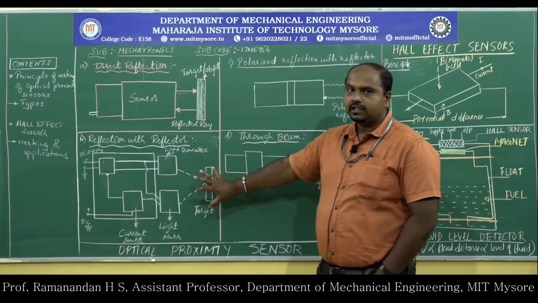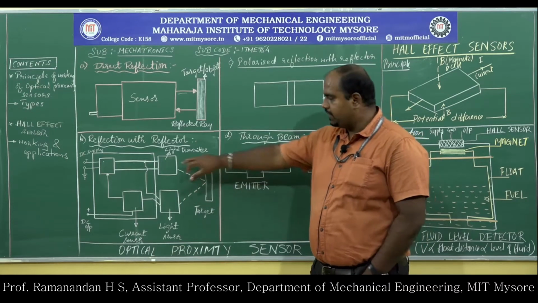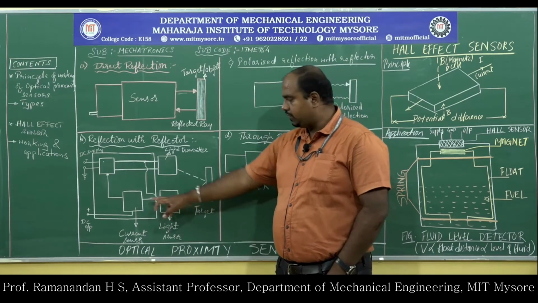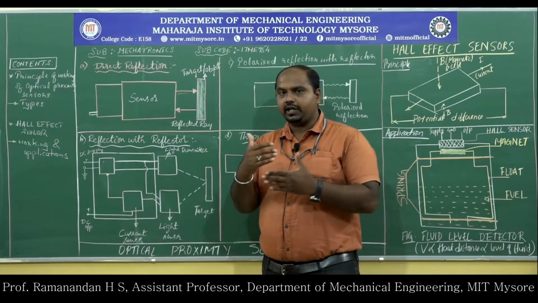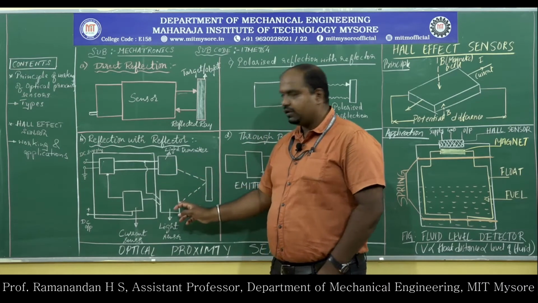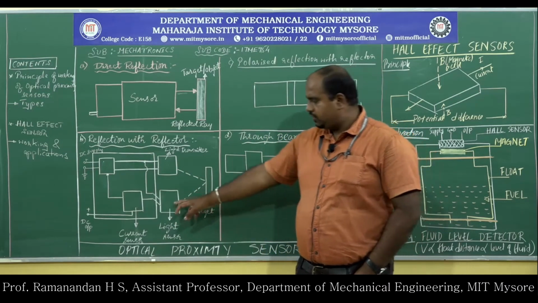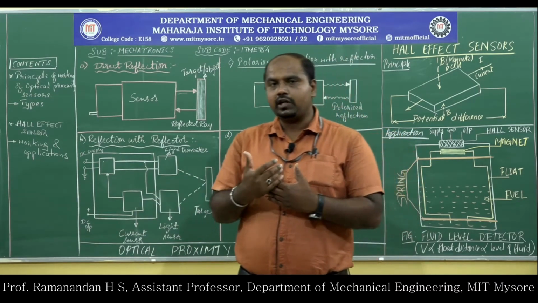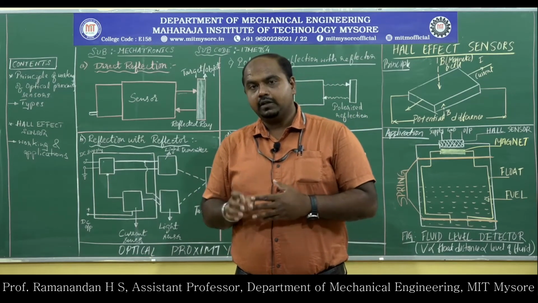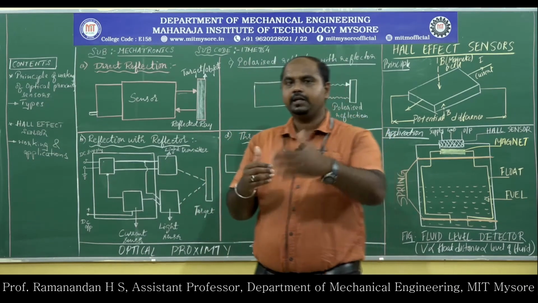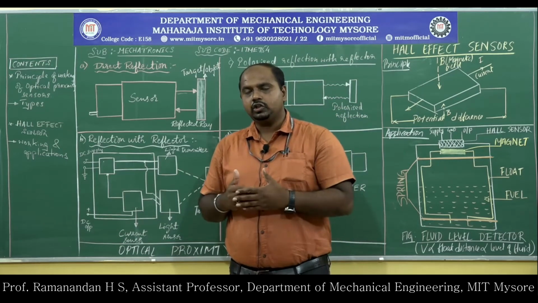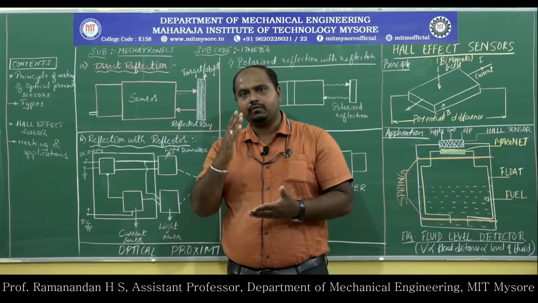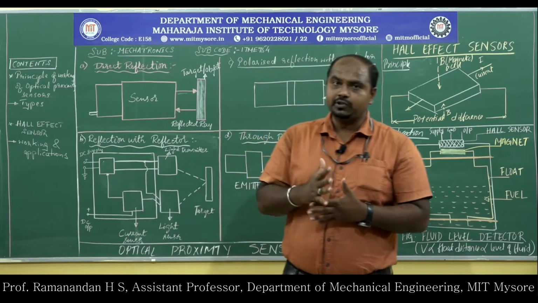If ever there is a target object in front of the incident light, the target object will reflect the light back. There will be a change in current, because the incident light is reflected back by the target object, so there will be a change in the light. That change in light will usually be detected by a phototransistor. We have studied the light sensor. Whenever the light strikes the material, there will be emission of electrons. Usually there will be a change in voltage. So photo Darlington pairs, photodiodes, or phototubes are usually used.